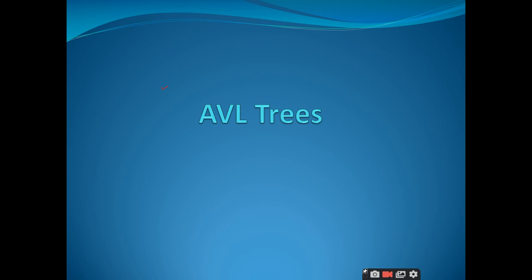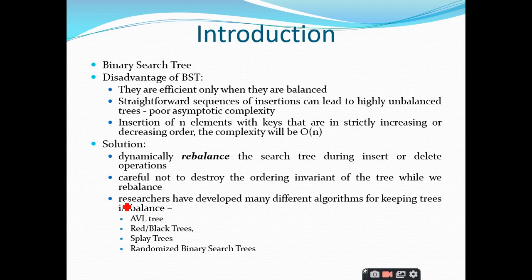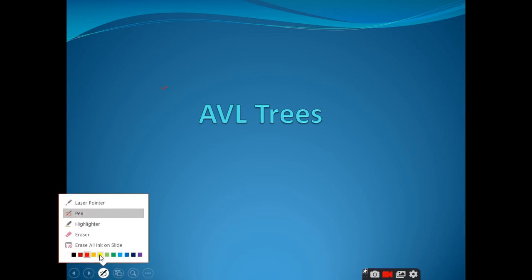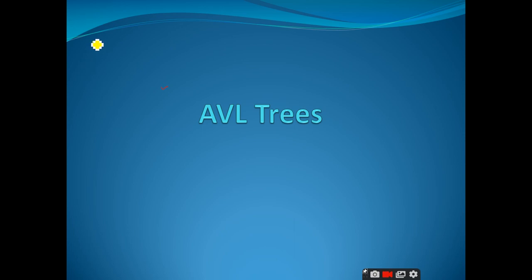Coming to the discussion on the binary search tree, as I told that before discussing the concept of this AVL tree, we should discuss what these binary search trees are. So can anybody tell me what do you mean by a binary search tree? What is a binary search tree? The tree consisting of left subtree is less than the root node and the right subtree is greater than or equal to root node. Right.